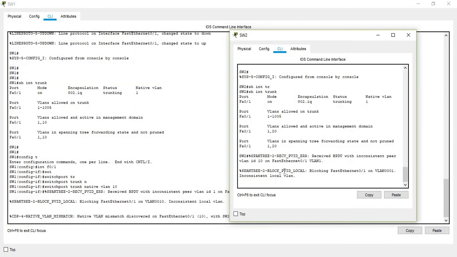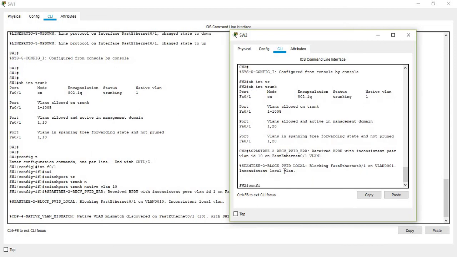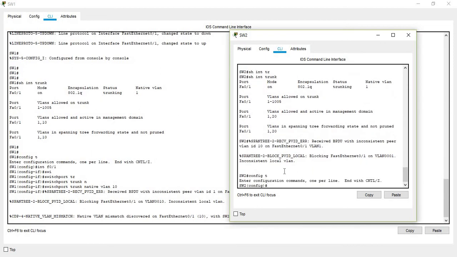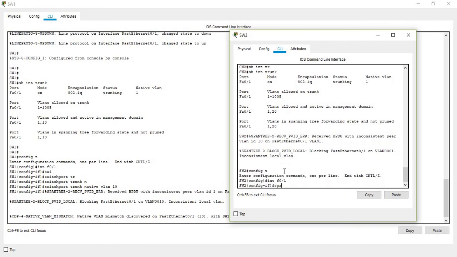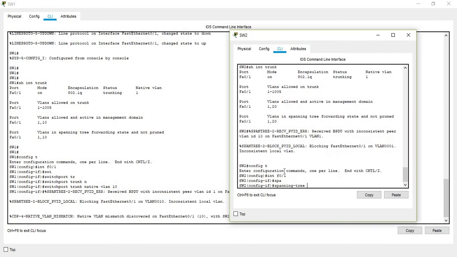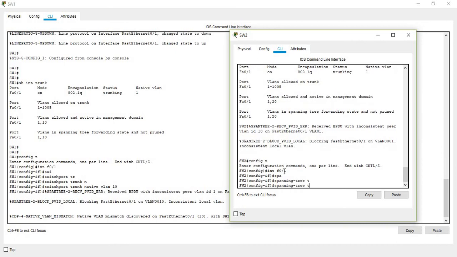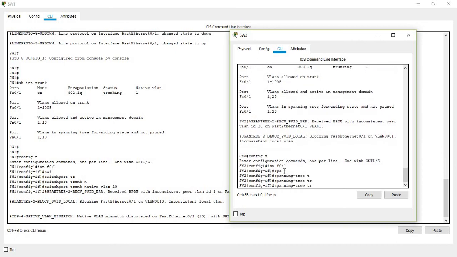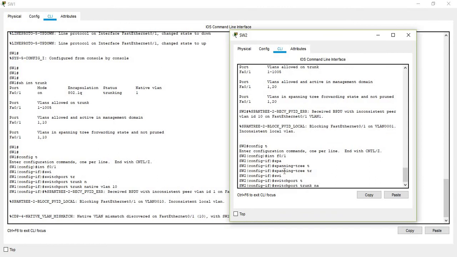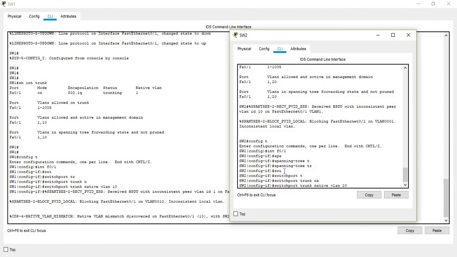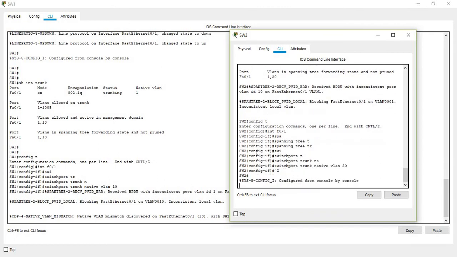Now again we are getting the error, just ignore it for now. Spanning tree trunk. Okay, switchport trunk native VLAN 20. Okay, we have made it.